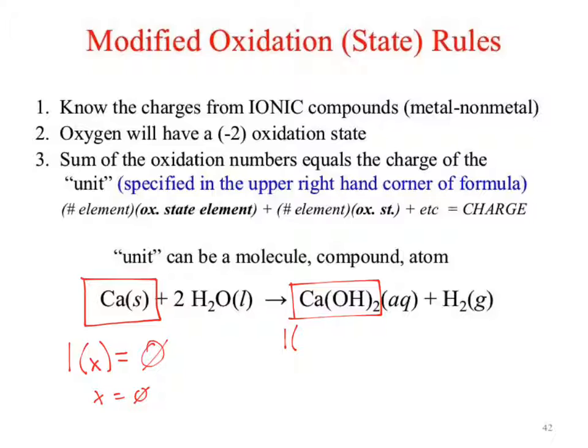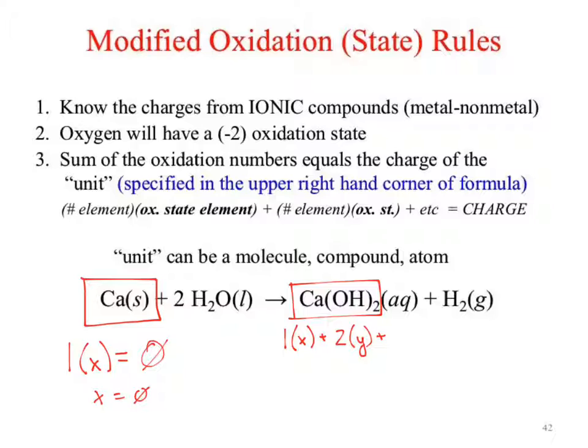Its oxidation state is determined by its charge, but I don't know the charge on calcium because all I've got is this big compound. So it's an unknown variable, x, plus the next element. What's the next element? Hydroxide is not an element. That's a good name for that complex ion, but that's not the next element. What's the next element? Oxygen. How many oxygens are there? 2 times its oxidation state